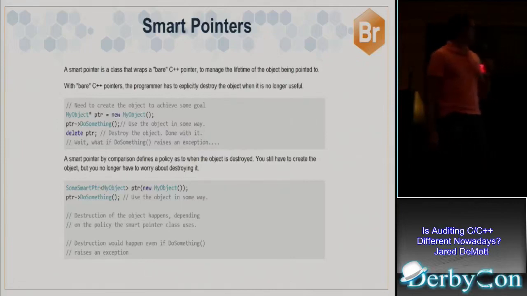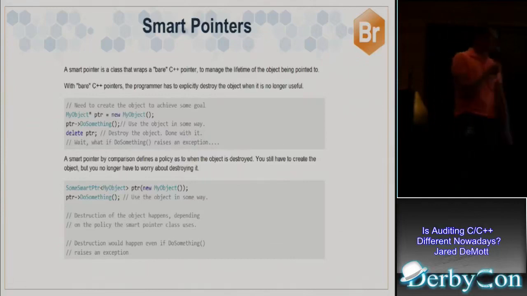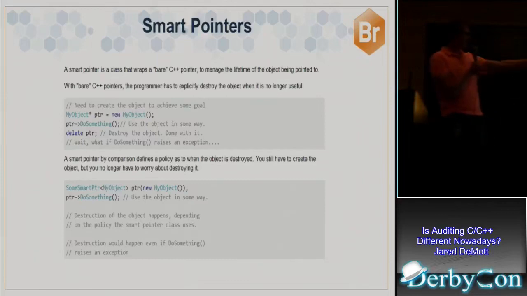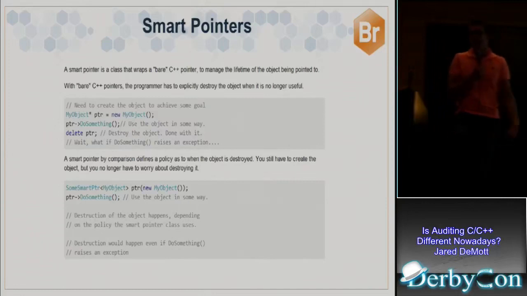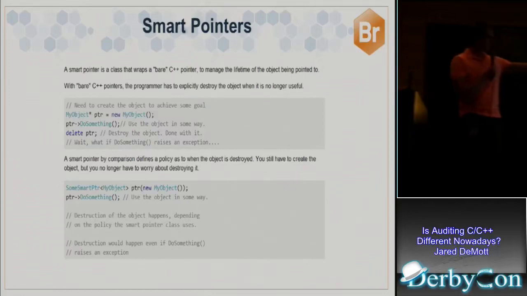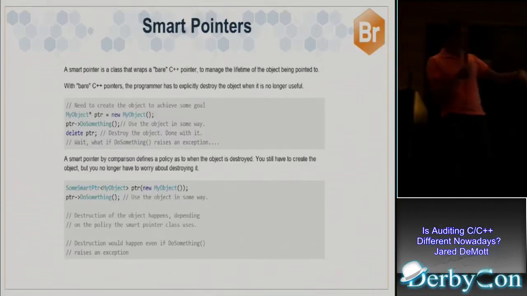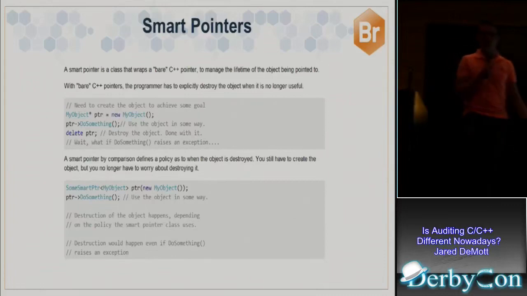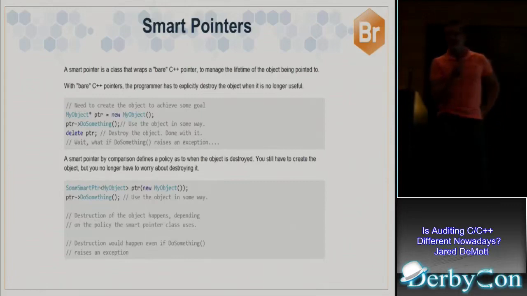Okay, so smart pointers. The way things used to be done when you wanted to allocate an object in C++, you would have a pointer, new, my object, pointer, do something, and then when I'm done, I personally am in charge of deleting it. So you do the new, you do the delete, you're in charge of the object life cycle. That's how it was, and how it is in some cases still. The problem is, what if when I do something, there's some exception thrown and that object goes away and that pointer is now null or not valid, and then when I go to delete it, I've got an issue, right? That's basically a use after free or some sort of object lifecycle issue.